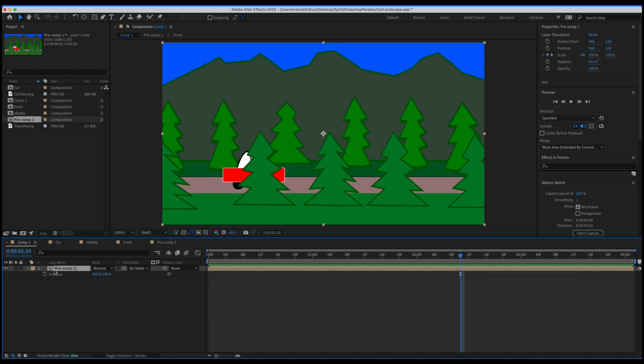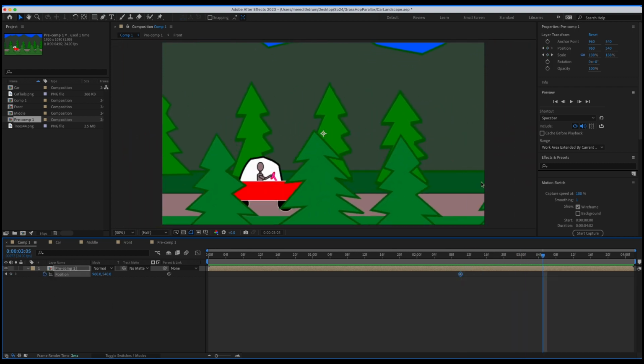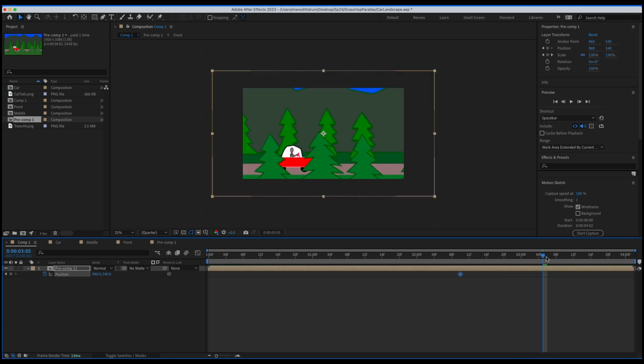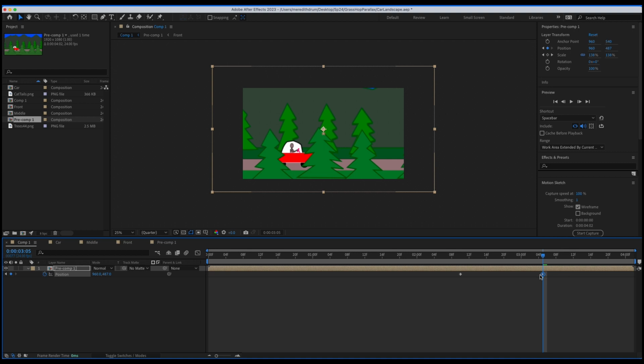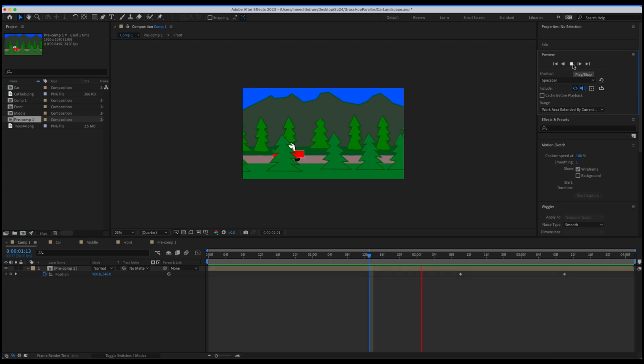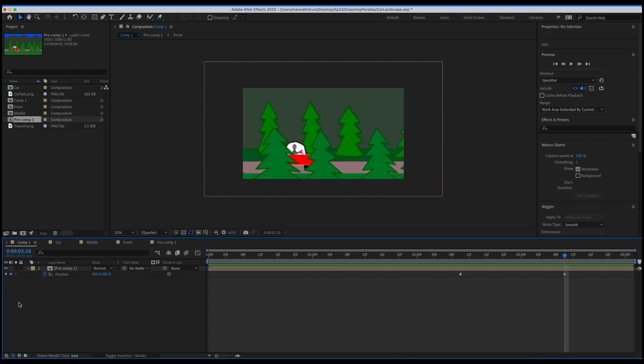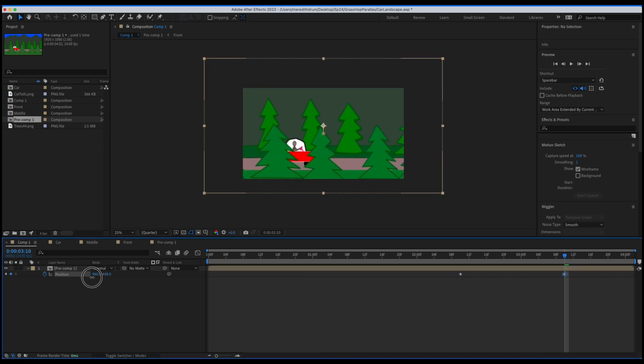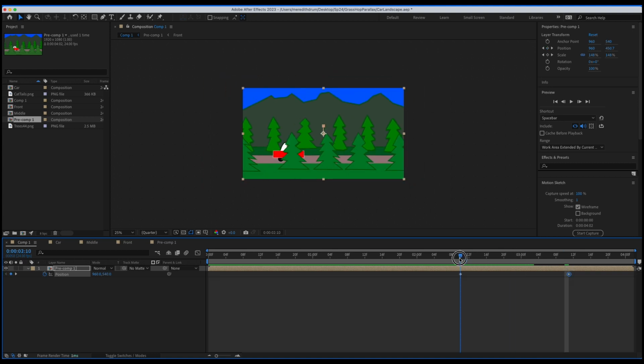So let's press P for position. Let's give it a position keyframe there. And let's say we want to zoom out a little bit. Say we want to also move it up a tiny bit. So we could go up, oops, the other way. And if you want to, you can move that down. Because what we want there, let's see how that works. Because maybe we want it to look like it's zooming in, but we also don't want to lose the bottom of the screen too much, right? So that could be an interesting way to do that too. So again, if you wish, you could even move that up more. You could play around with where those keyframes are.